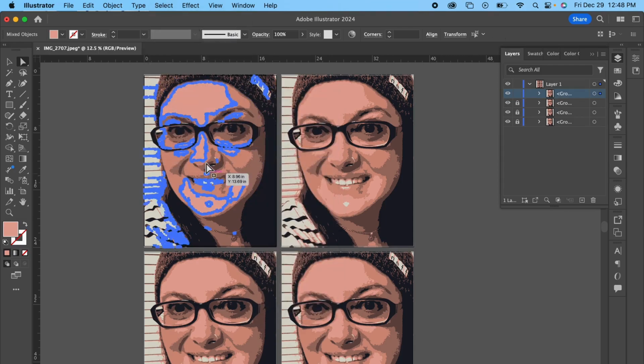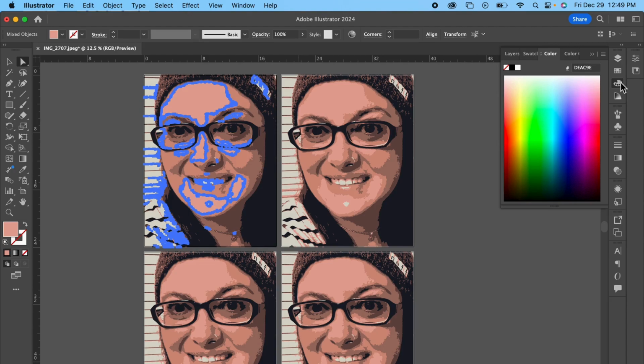I'll open my color palette and choose a warm tint for the lightest color shape. The color beside this shape is slightly darker. Remember, on the color palette, tints are the light colors at the top, hues are in the middle, and shades are at the darker bottom. I'll select the shape right beside this one I just changed, and then select